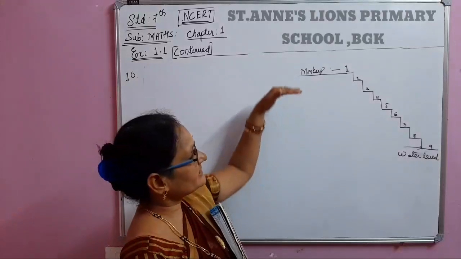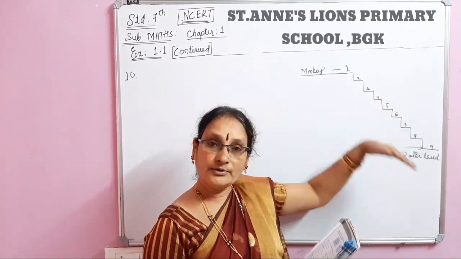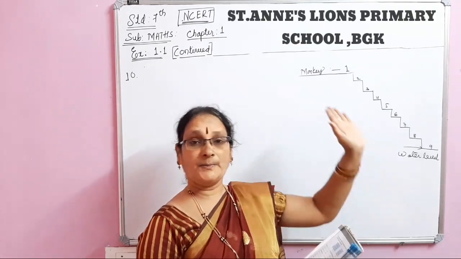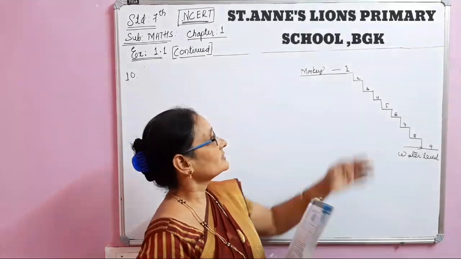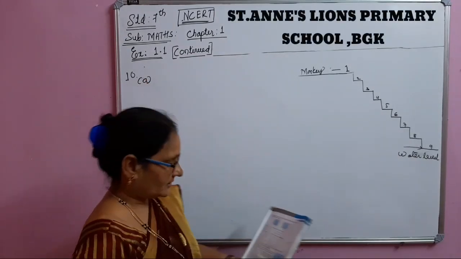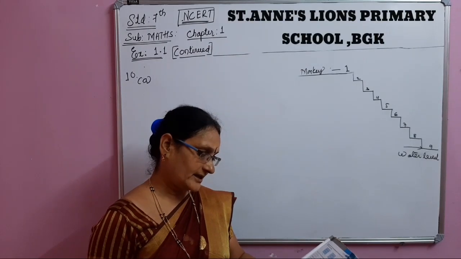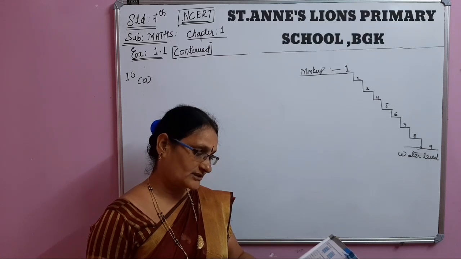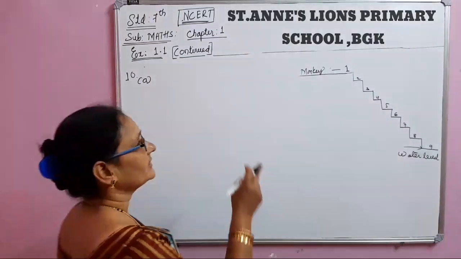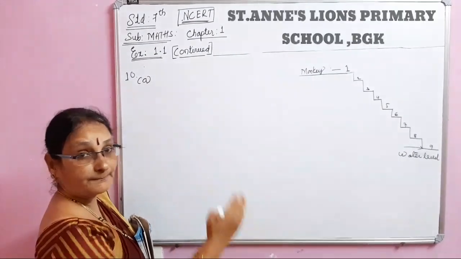Okay. See, if it is coming down it is minus 3. Sorry, going down will always be minus. Going up will always be plus. Okay. So now we will see the first one in that. Now he jumps 3 steps down and then jumps back 2 steps up. In how many jumps will he reach the water level? See, first going down is minus, going up is plus.